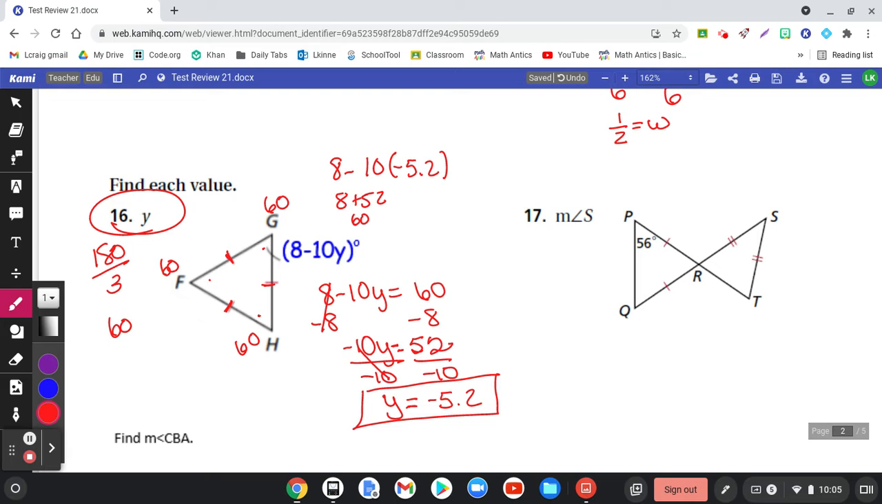Okay, so on the next one, it gave us angle P, and we're trying to get way over here to angle S. Again, you want to look at your markings. This is an isosceles triangle, and these double markings over here mean this is also an isosceles triangle, which means the base angles are the same. All right, so if we do 56 and 56,